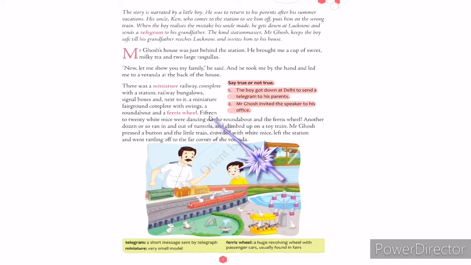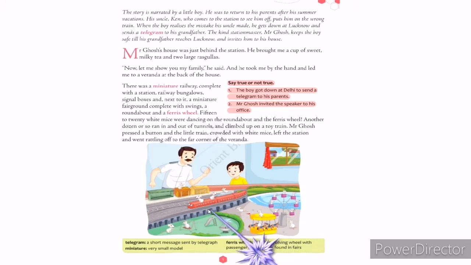Then what happens? 15 to 20 mice, white mice, were dancing on the roundabout and the Ferris wheel. Oh, so not only is the station there as a miniature, on this miniature there are 15 to 20 white mice all over it dancing. Then what? Another dozen or so ran in and out of the tunnels and climbed up on a toy train. This 15-20 were dancing on these roundabouts and the Ferris wheel, but another dozen means another 12 of them were